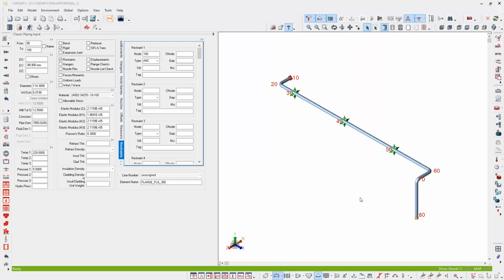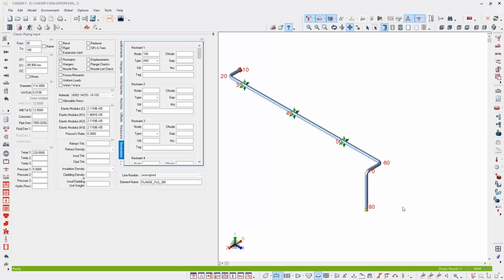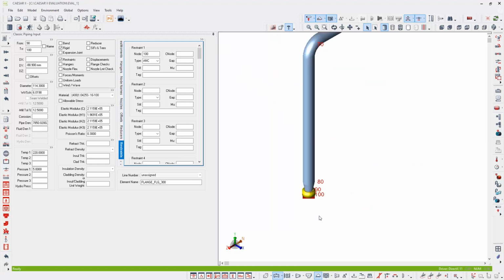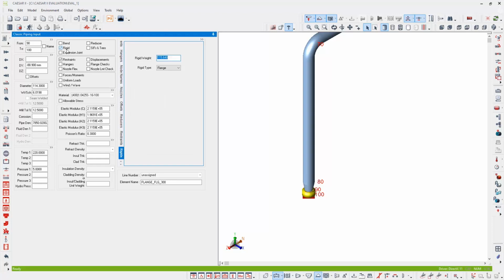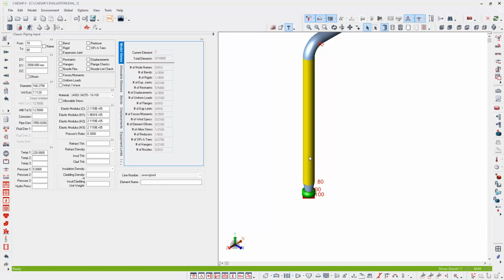Okay, next going to add the check valve, which will be located down towards the pump connection. So I'm going to locate this just after the reducer. The check valve will be a rigid element, so it's not flexible like pipe. For a rigid element, similar to the flange that we have here, which is also a rigid, if I select the rigid field, you can see for the rigid element all we need is the weight and the length of the component. So I can manually specify the length and manually specify the weight of the check valve, or alternatively